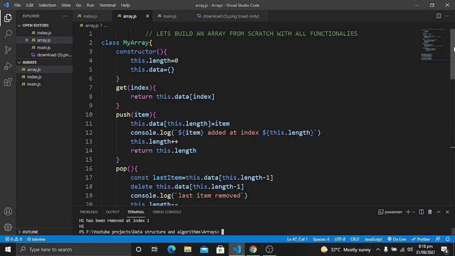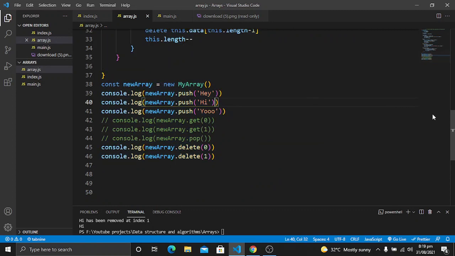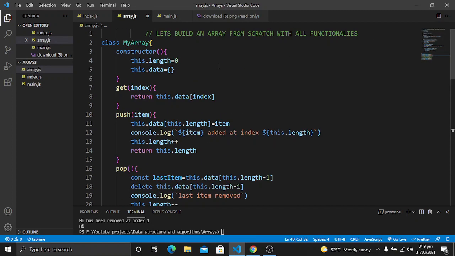So you will learn by doing, not by moving the slides or reading from the slides. You can learn it by doing. So I will explain this array method, or this class that we have created, the data structures arrays, once again. First of all, we have created an array class, my array class, and then we have a constructor function which will be called when we create any instance of this class.